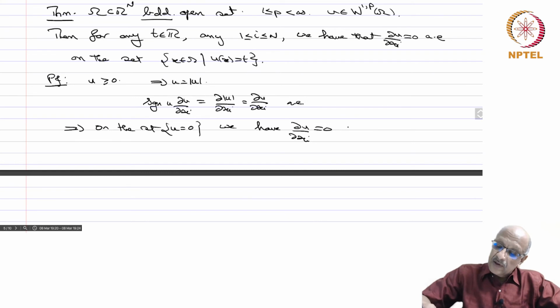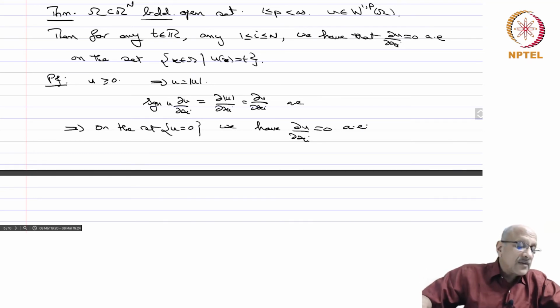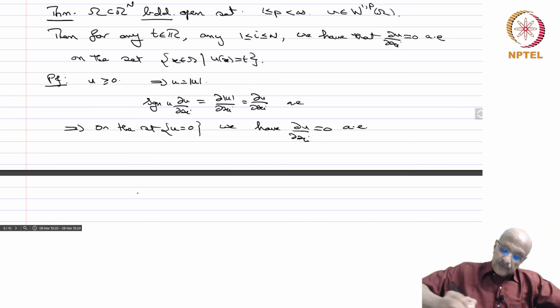So this means that this du by dxi, because du by dxi is sin u du by dxi, and sin u is 0 on the set u equal to 0. So this is du by dxi equal to 0 almost everywhere. Okay. Now if u is